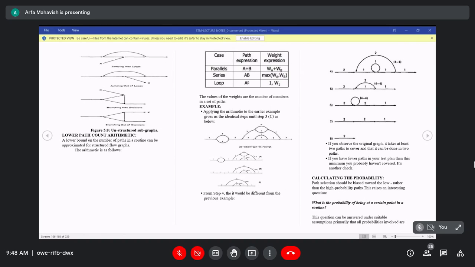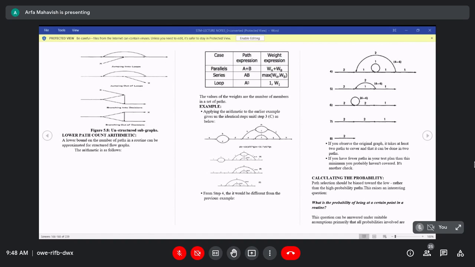For serial it is similar to the general parallel case, but in this case for the weightage of expressions, if wa and wb are the weights, then the maximum weight among the two expressions is the result value, that is maximum of wa and wb. So the maximum weightage among the two expressions is the result value of a serial link, okay. That is the rule for the serial links.